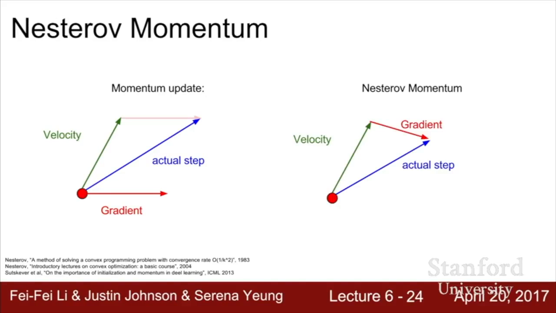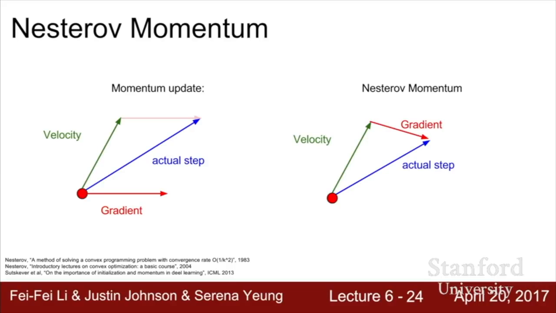There's a slight variation of momentum that you sometimes see called Nesterov accelerated gradient, also sometimes called Nesterov momentum, that switches up this order of things a little bit. In normal SGD momentum, we estimate the gradient at our current point and then take a mix of our velocity and our gradient. With Nesterov accelerated gradient, you do something a little bit different. Here, you start at the red point. You step in the direction of where the velocity would take you. You evaluate the gradient at that point,